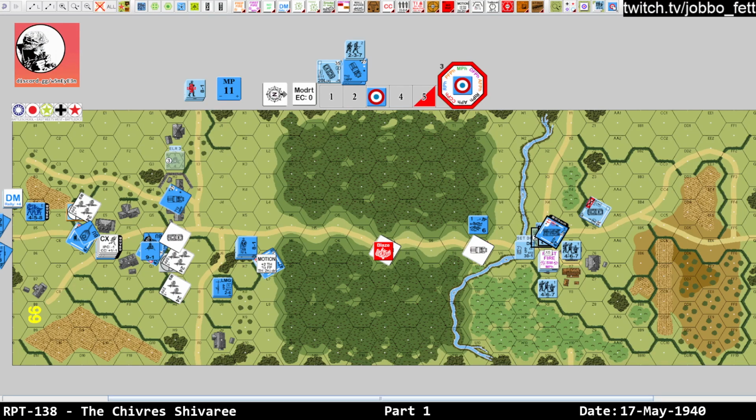8 down 1 for being open ground, I believe, is the shot here. So 8 down 1. I don't have anything else to modify it. 9 on 8 is a pin task check. The leader is fine somehow, and then this guy is in motion, which is a pretty big bummer because I was hoping I could kill him. And I would have thought that an 8 down 1 would have been pretty good odds. At least break him, because...